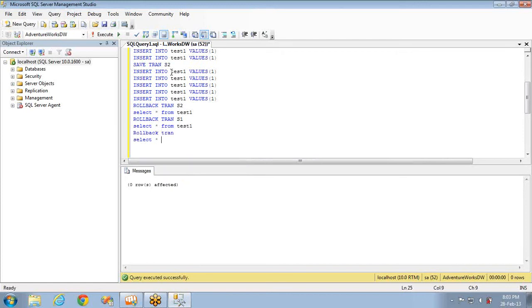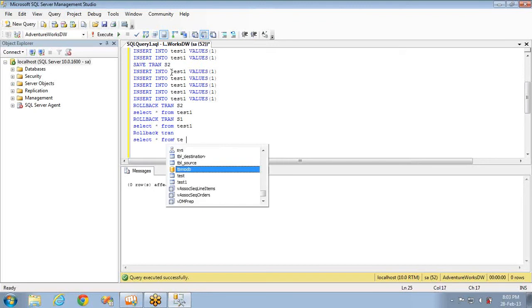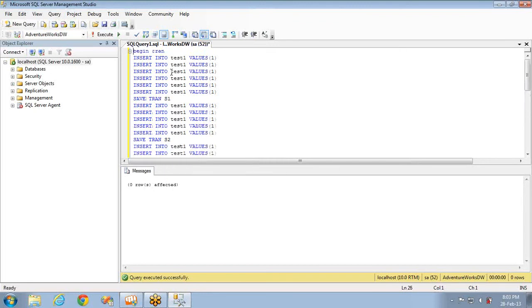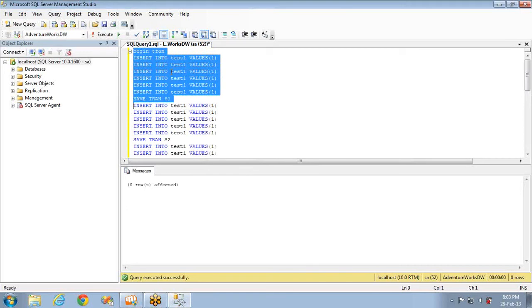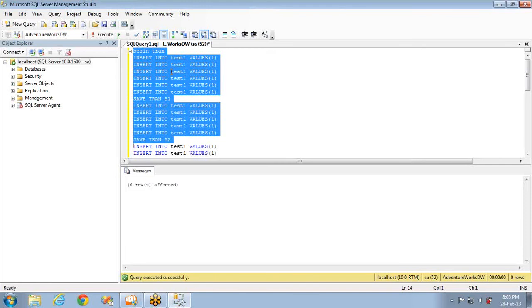Again I am selecting the data to see what is present in the table now. So first it will insert 6 records. It will save as save point 1, sorry, save point S1, and then it will insert again 5 records and save it as save point 2, S2, and again it will insert 5 records. Total it will have 16 records at this point of time.